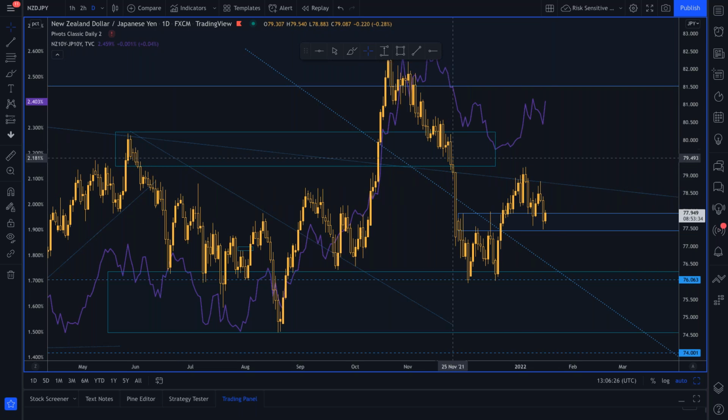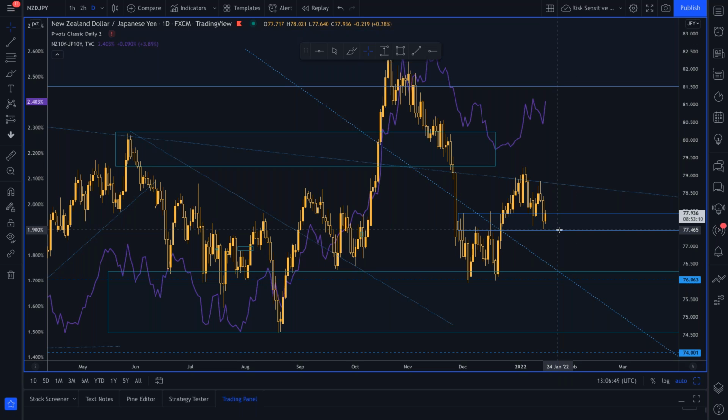That's what happened around the end of last year, because remember everyone was concerned about Omicron, so we saw risk off trading. So even though the outlook for the RBNZ was much more hawkish than the Bank of Japan, you can see here the bond yield spread between New Zealand 10 years, Japanese moving higher. We saw the pair move lower because of the risk off trading. Remember, when investors are scared, they buy the yen.